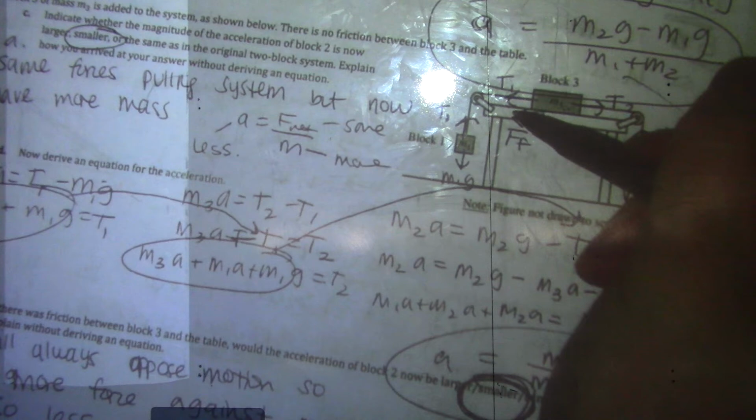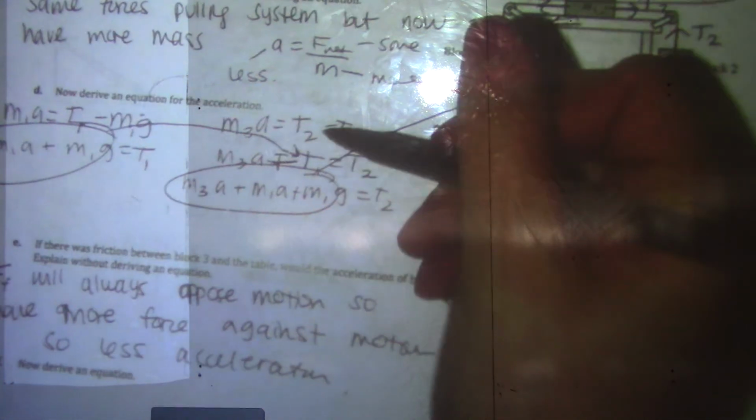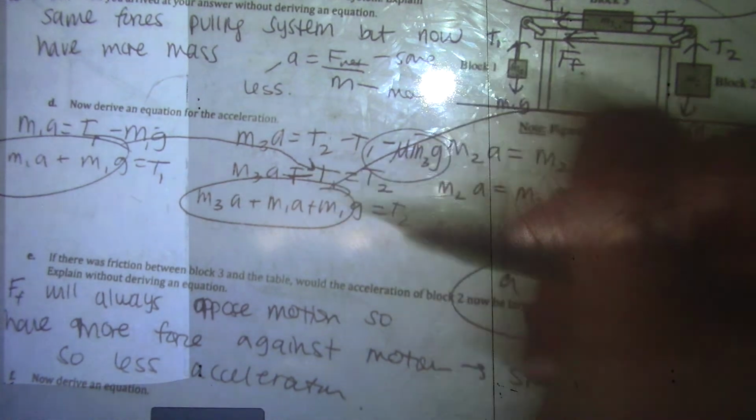I hate that I gave you so little room to do this. So basically this is the exact same, but now you have a minus friction force. So I'm just going to go back and start rewriting all of these and say this guy, right, these two aren't going to feel the friction, only the guy on the table, which is the M3. So I'm going to say minus force of friction, which would be mu M3G right here. And then that would be adding on to T2, so that's plus mu M3G, which when you plug this in for T2, now you have a minus mu M3G right here. So your equation would be M2G minus M1G minus mu M3G over